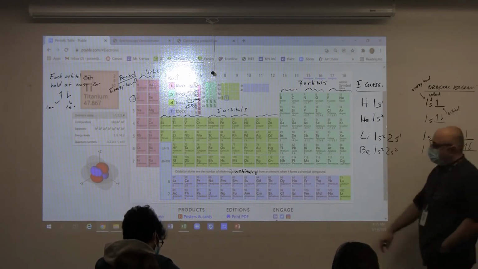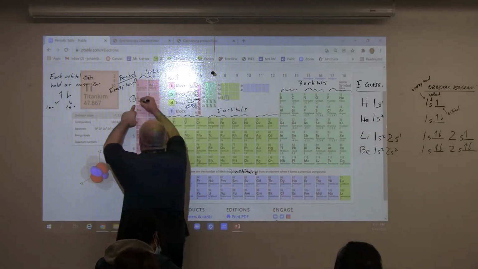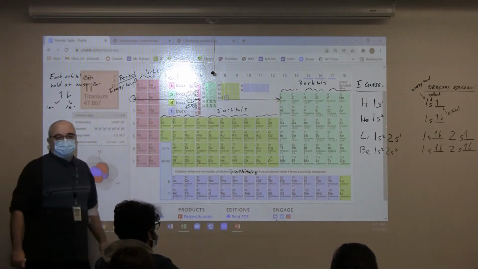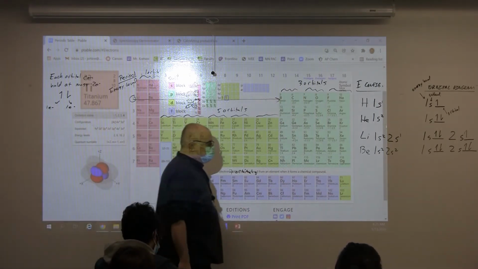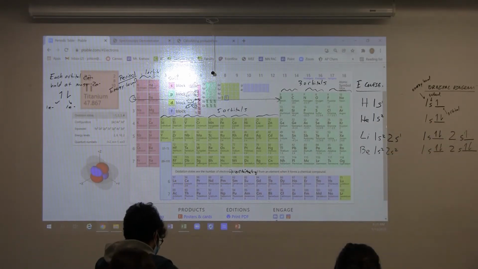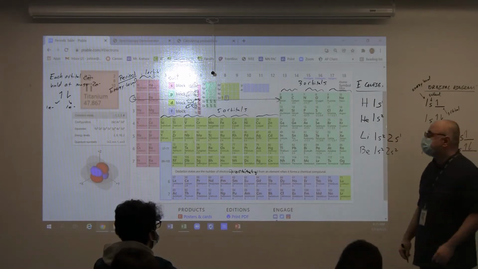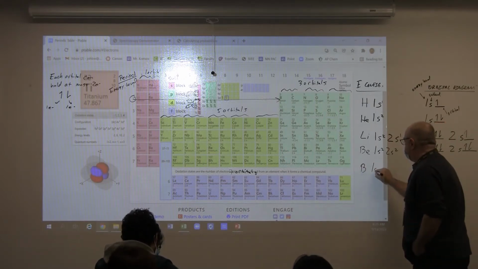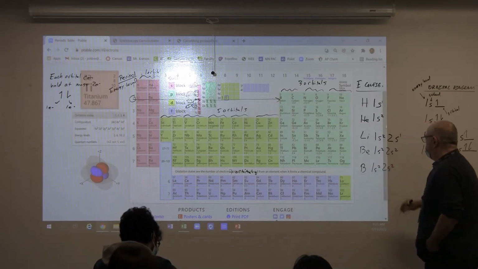Now, when we get to boron, we're still in the second row, but we have to jump across to this next section, because it turns out that quantum mechanics reveals that the second energy level breaks into 2 different types of energy clouds, 2 different types of orbitals, S's and P's. First level didn't have that. Second one does. So now when I go to boron, I still have to fill everything I had before, and